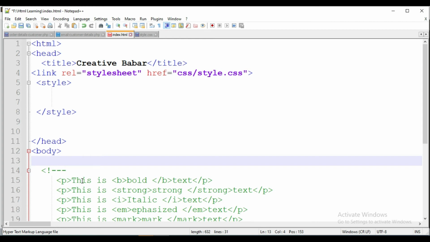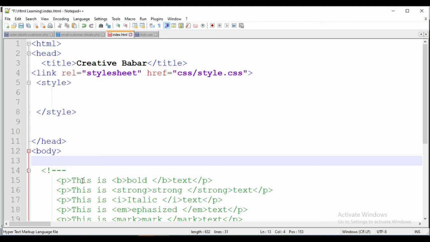First of all, I want to tell you that images enhance the visual appearance of web pages by making them more interesting and colorful. The image tag is used to insert images in HTML documents. It is an empty element and contains attributes only. The syntax of the image tag can be like this.